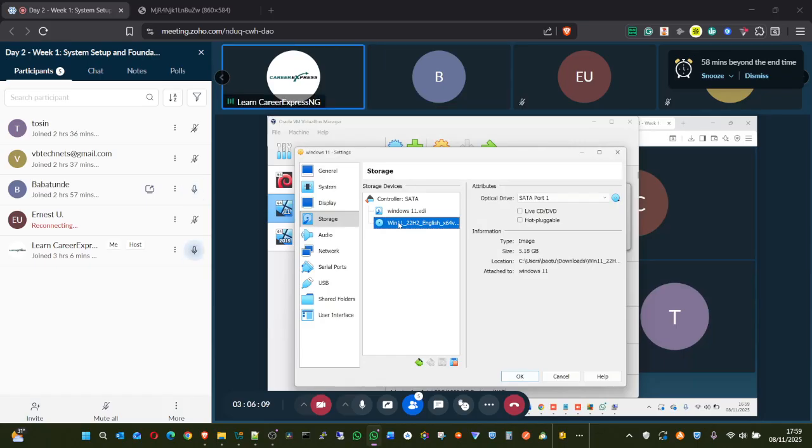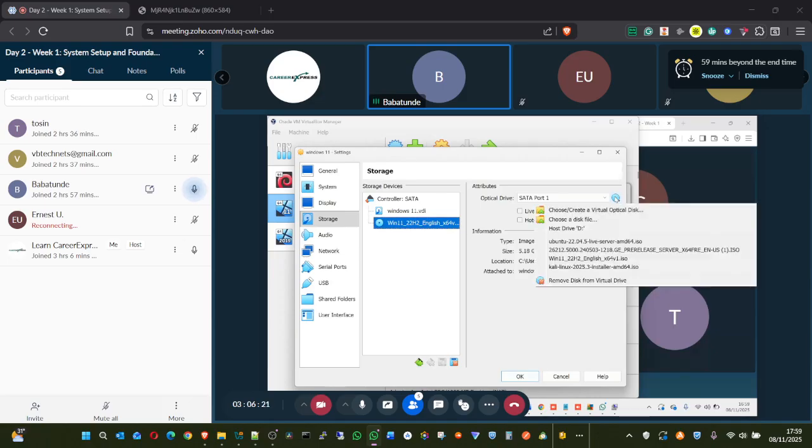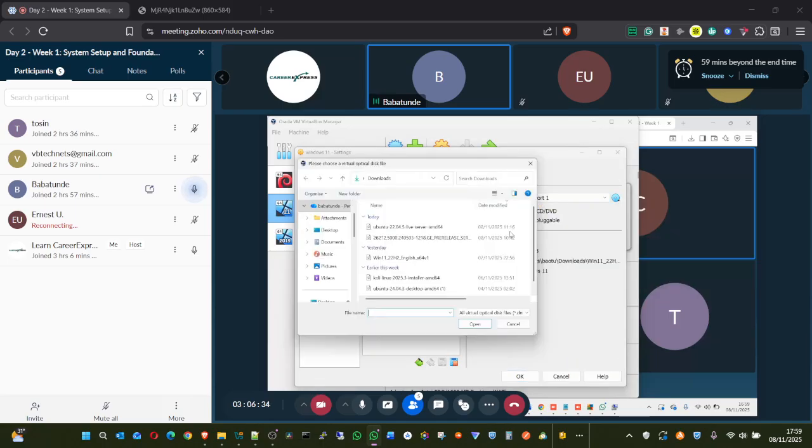Click on that blue icon at the right, the disk icon at the right. Click choose disk file. Yeah, I've chosen the disk file.